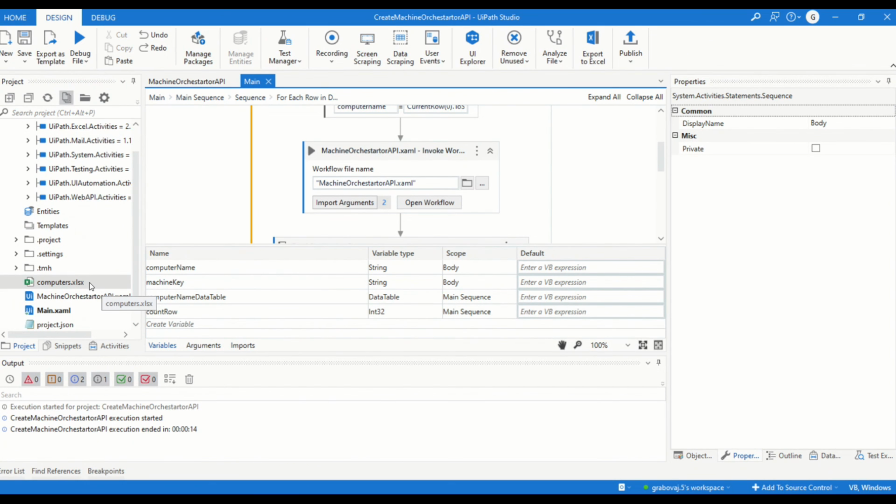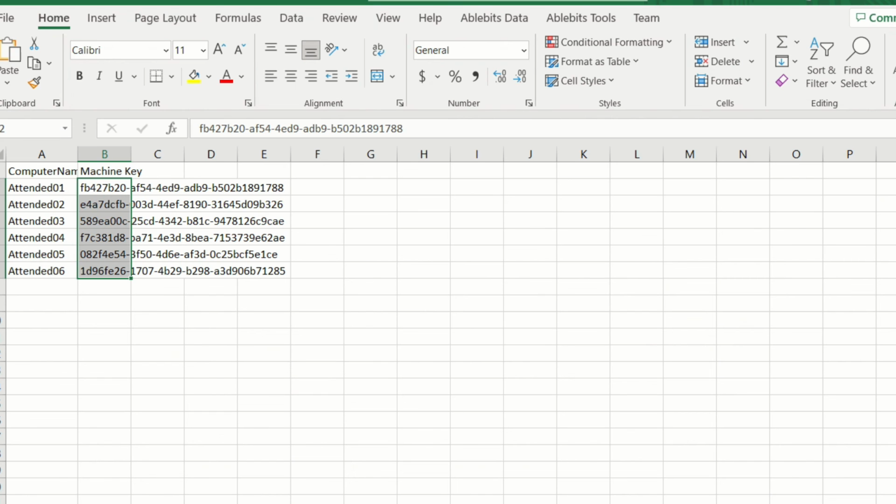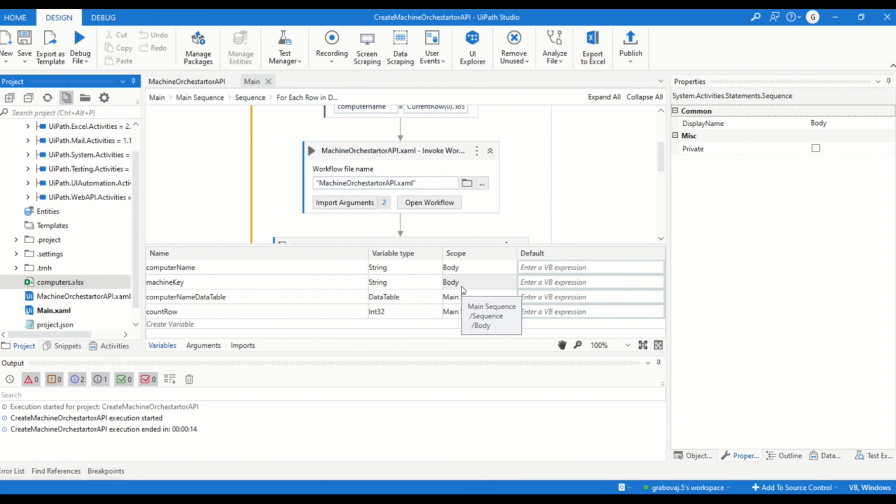Okay, the process is finished, so I'll open the computers Excel, and let's see the results. As you can see, I have all the machines generated by the Orchestrator API, and it is here. So the goal of this session is to help you create more than one machine using the Orchestrator interface, and this process can help you create a lot of machines at a time, and you can share this key with the right people that are going to